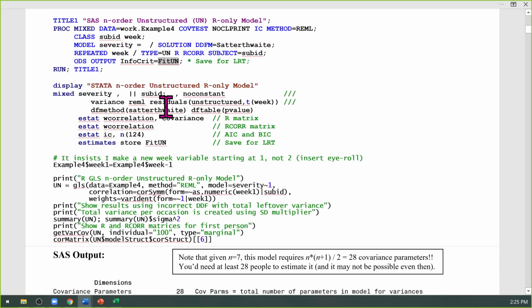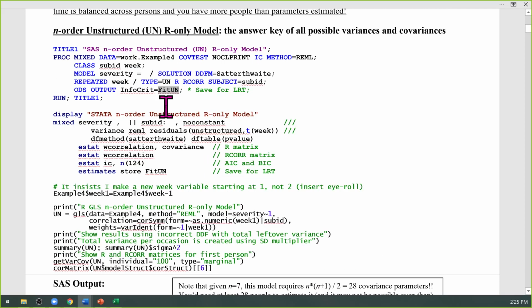Okay, let me pause for a moment. Questions on syntax or concepts? What's the N 124